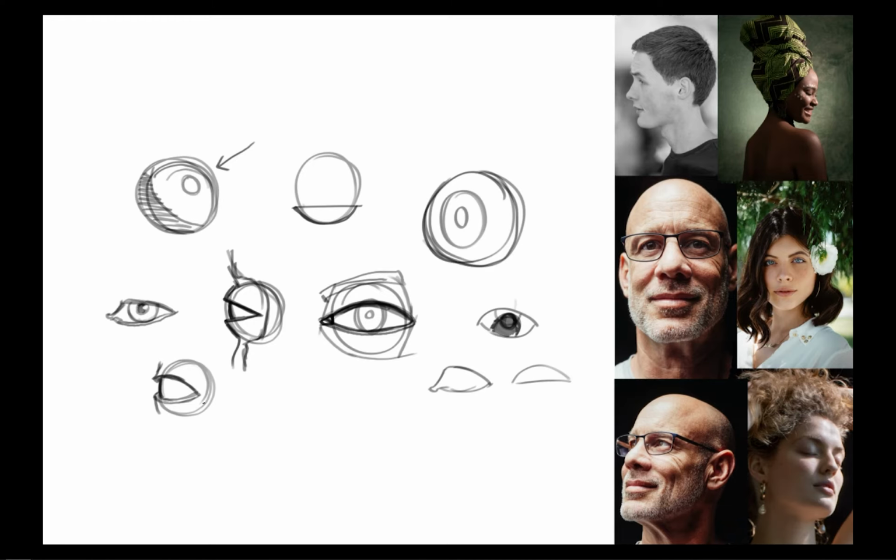Now, the other aspect too is you'll get a lot more reflections on the eye because in all reality, on your sphere, your eye pops out just a hair. And so you get a little bit more reflections and stuff like that. So when we draw that eye, you've got to realize that the circle, when turned, turns into an ellipse back. So that eye gives you the shadow, and then basically you'll have the kind of muscles of the